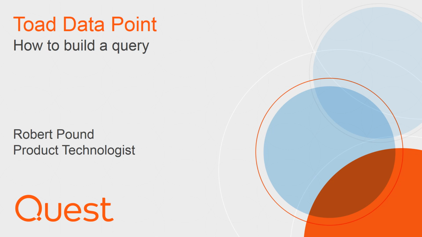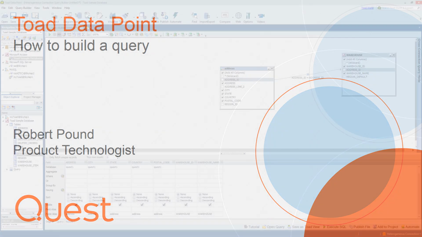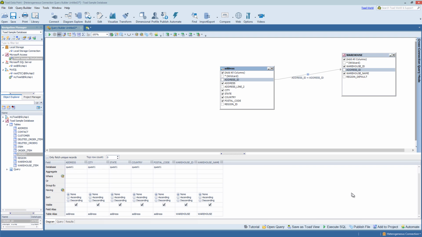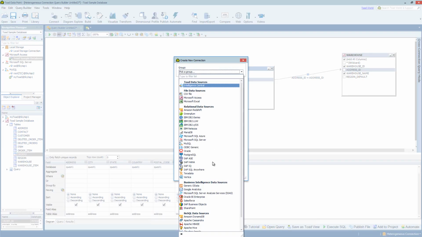In this video, I'd like to talk to you about how to build queries in the Visual Query Builder of Toad DataPoint. Understanding and combining data are two of the major endeavors at the front end of any data analysis task. Toad DataPoint addresses these issues in a number of ways, however today we will focus on the Visual Query Builder. Highlights of the Query Builder include working with disparate data sources to form a more complete result set, including all sources available in Toad DataPoint,